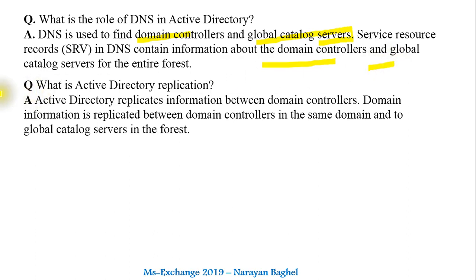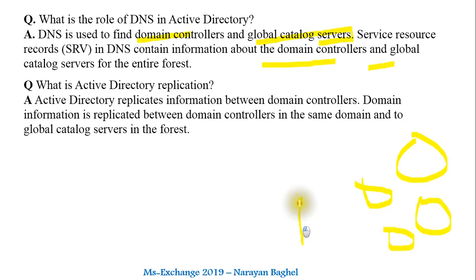Now you should know what Active Directory replication is. Active Directory replication is very critical in this kind of infra, because whatever changes we make or alter should be replicated to all the domain controllers throughout the forest. For example, you have 4 servers here and one root server.